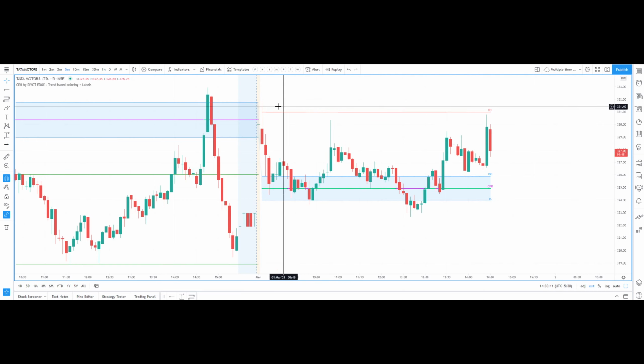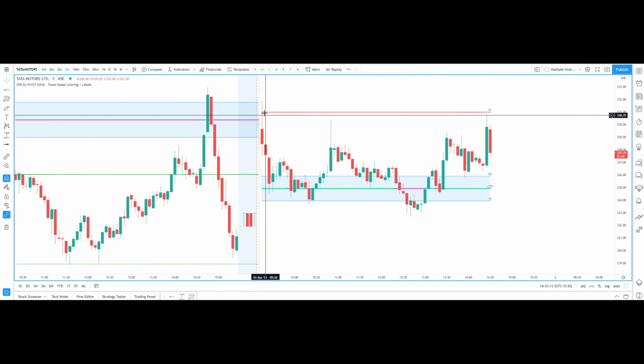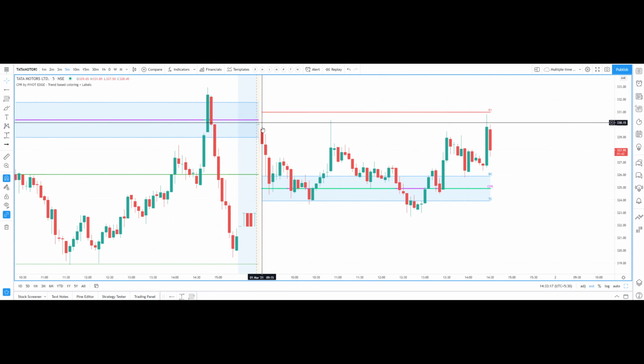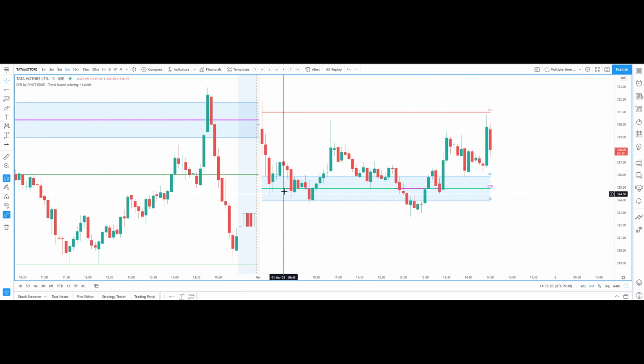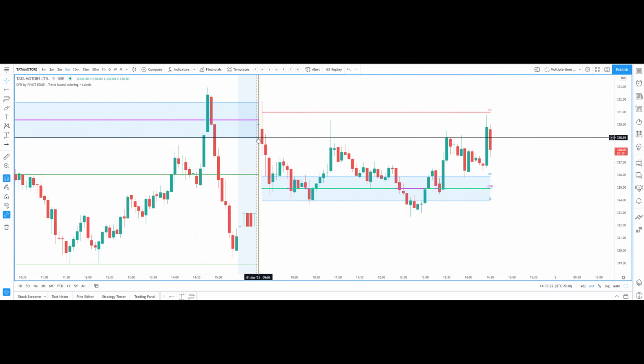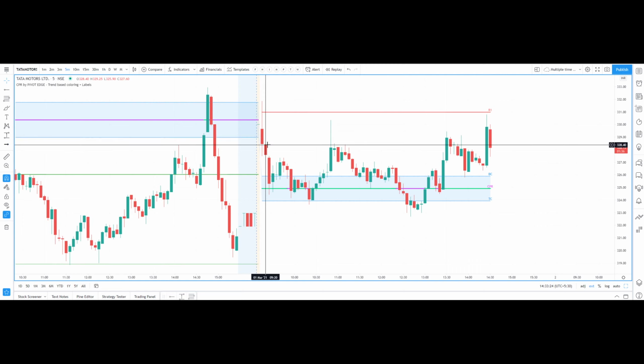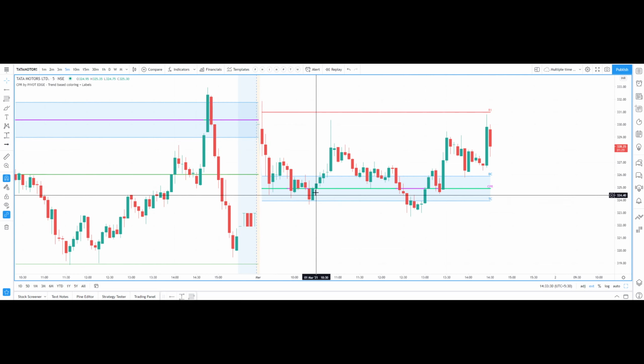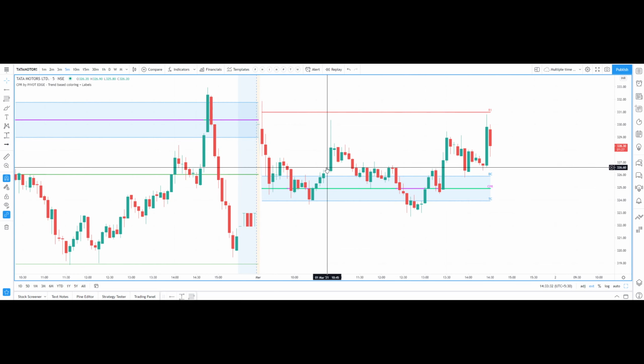For example, here in the first candle itself, it took rejection from R1. So if it is taking rejection from R1, the next possible target is your CPR. After the first candle completes in 5 minutes, if you take a trade in the second candle, you can book your profit at this CPR level. Again, from CPR, if it is taking support and trying to go up, we can enter one more long trade.